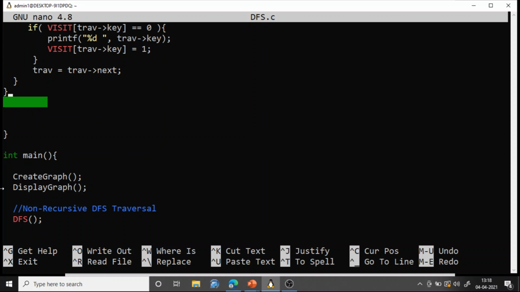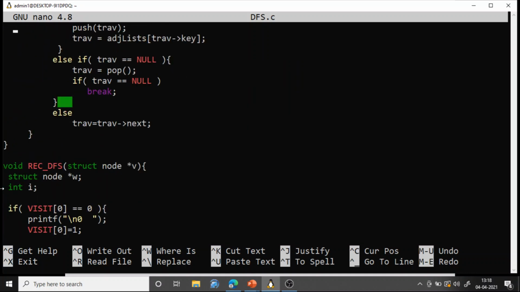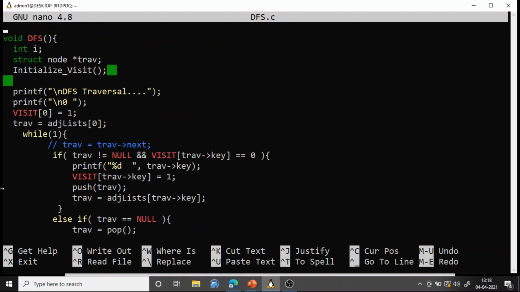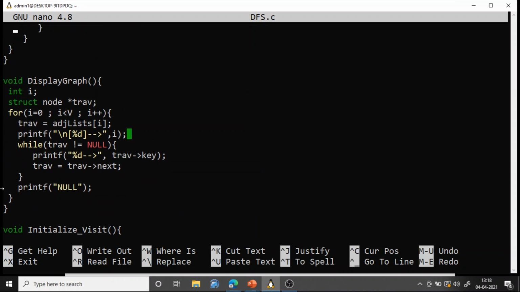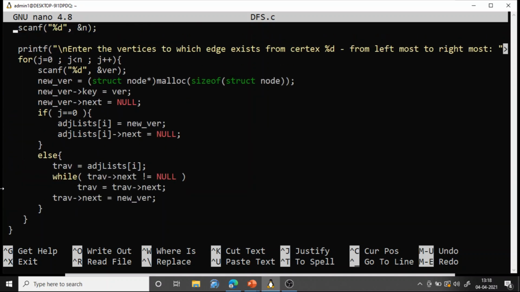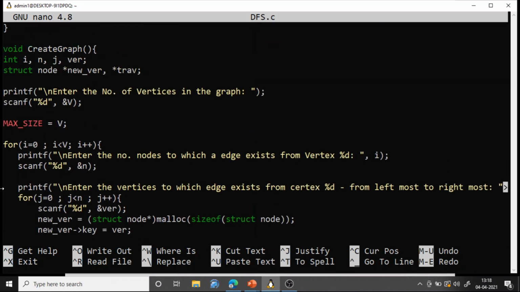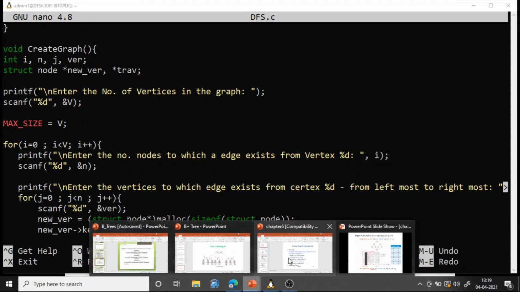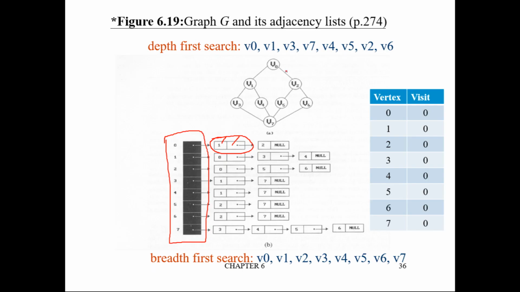So first let us discuss this particular part, create graph. In create graph, we are going to create the adjacency list of the graph. How do we create that? First we should ask the user how many nodes there are.